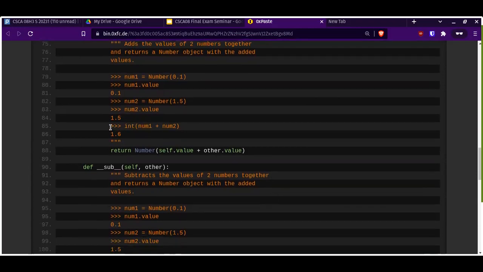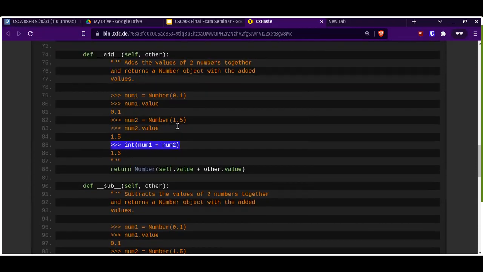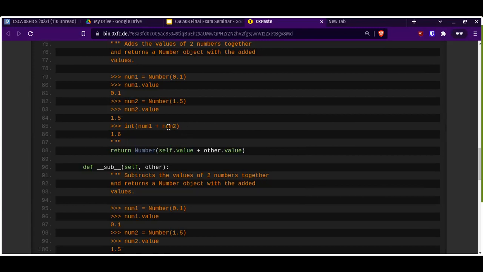This line 85 over here should say add and not int. Never mind, it's actually correct. So when this line 85 says int num1 plus num2, it would return a number. It will return a new number object, but then when you cast it, it should say float, not int, but